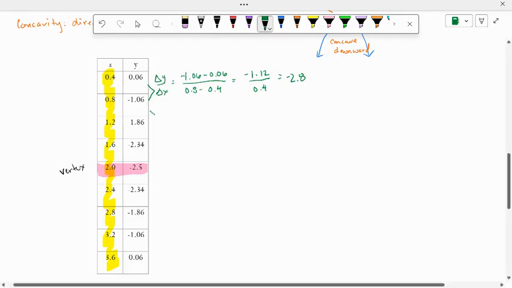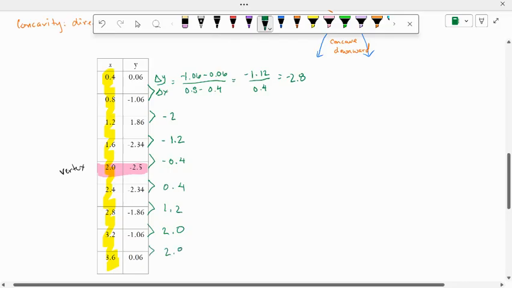If I do the same thing here, I get negative 2, then negative 1.2, then negative 0.4, and then positive 0.4, and 1.2,